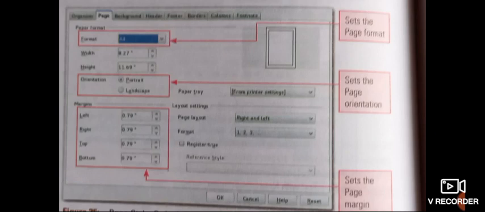Now from Margin we set the right, left, top and bottom margins. As discussed in earlier videos, the space between the edge of a page and the text is the margin. After setting the size, orientation and margin, we click on the OK button. So our page formatting is done.